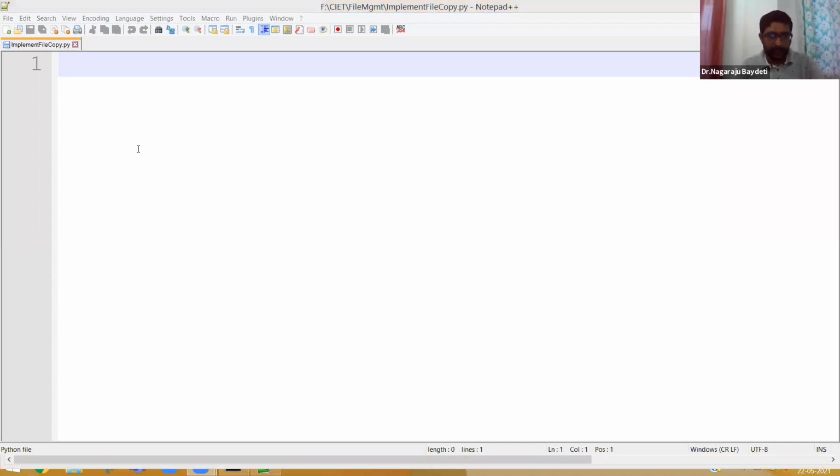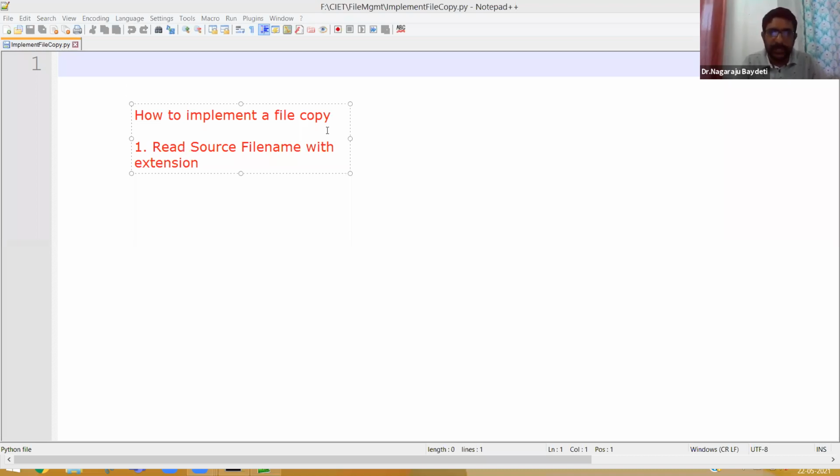It's always good to explain the logic. How to implement a file copy. Simple. One, read source file name with extension. Correct. First of all, you need to read the source file name. Which file you want to copy. Two, search the source file existence.